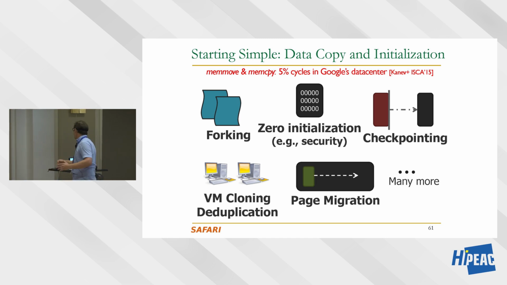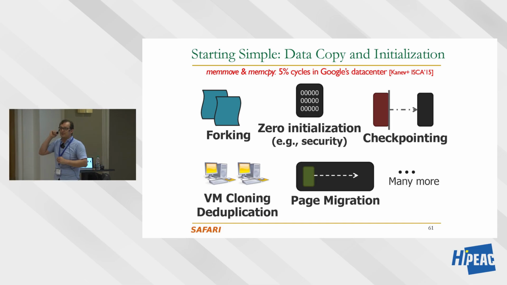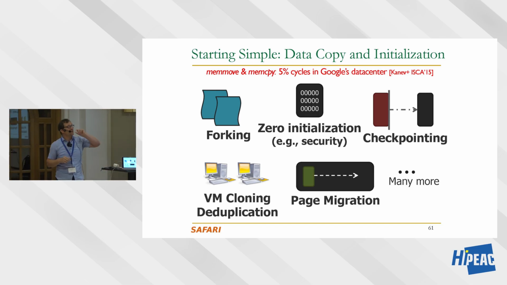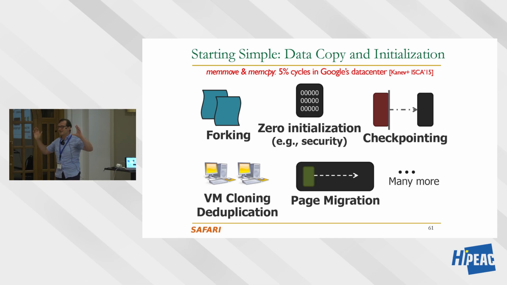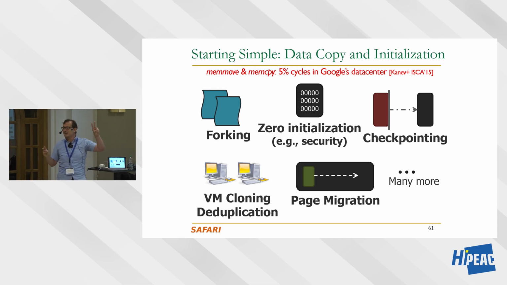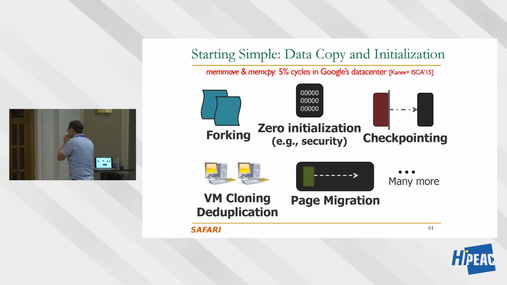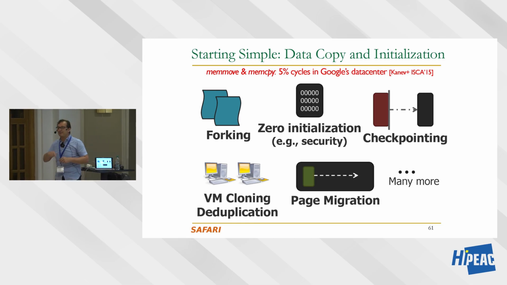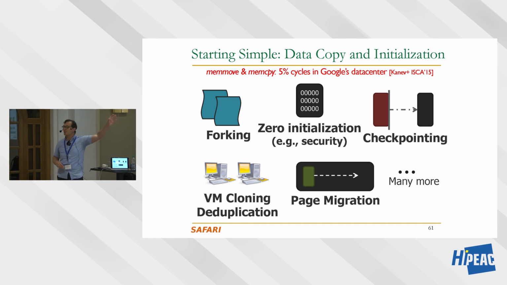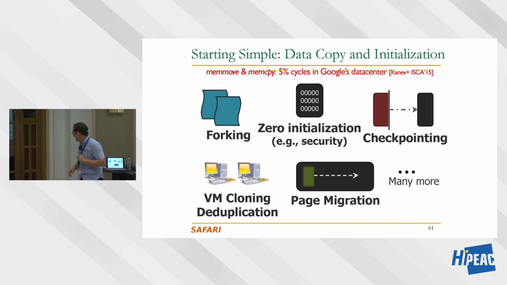And today it takes a long time, because you need to really make sure that zeros, again, for privacy and security purposes in general. And Google, in their beautiful paper that I mentioned earlier in 2015, they basically said these two function calls, memmove and memcopy, take approximately 5% of the cycles in their entire data center. I think this is fascinating. Only two function calls taking 5% of the execution time, because they do a lot of these because of these reasons. And they basically say, in the paper, they reference our paper that I'm going to talk about, they say this sort of approaches are going to be even more important in the future.